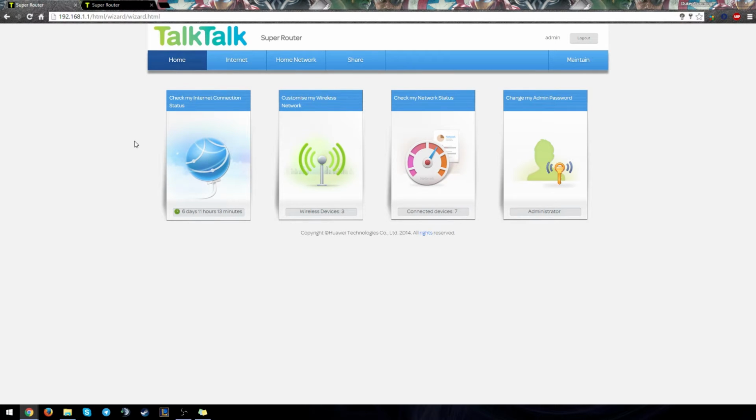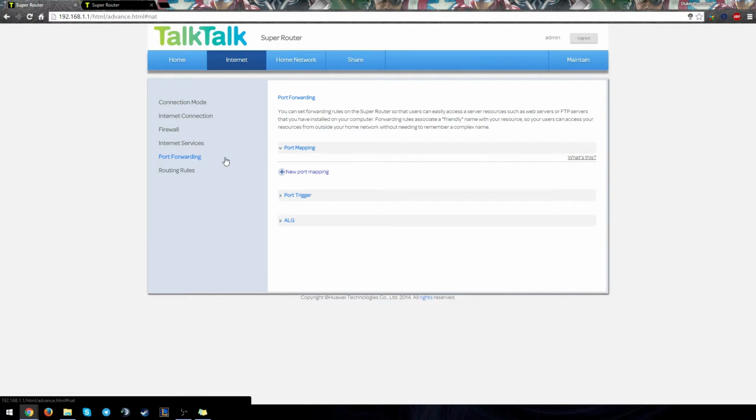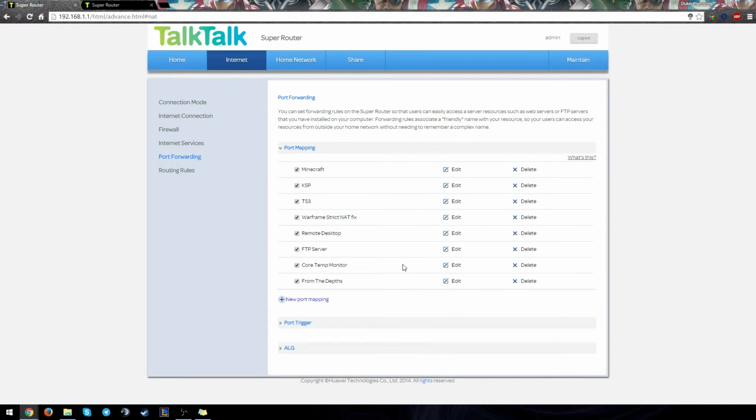So what you're going to want to do is be logged into your router, which is located at this IP address, 192.168.1.1, and then you're going to need to log in, and then you'll be brought to this page, and then you're going to want to press internet up here, then port forwarding, and then you're going to want to press add new port mapping,